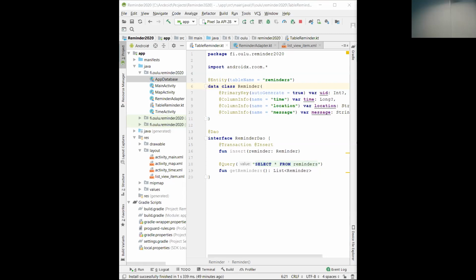Then you don't need to type it in. You can put the cursor here. Probably, I don't know, maybe option enter, I guess, because this is the function. So let's